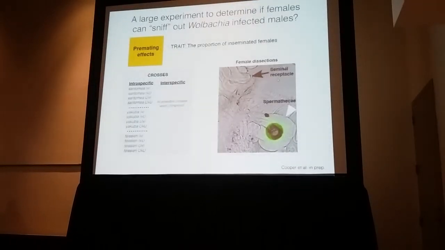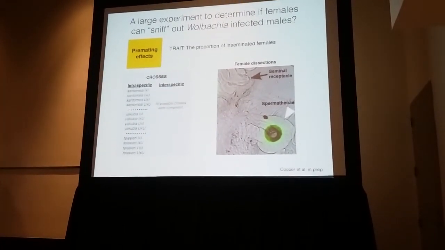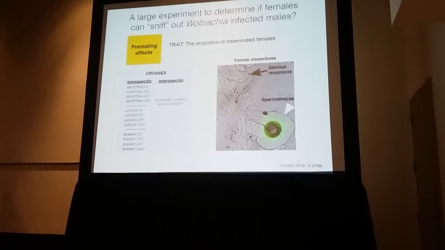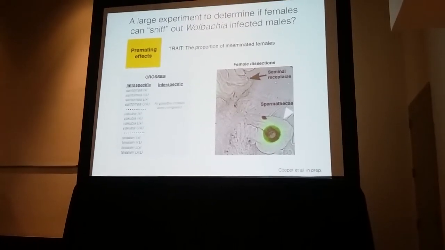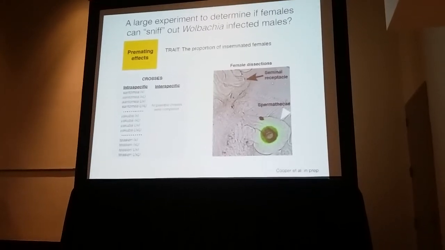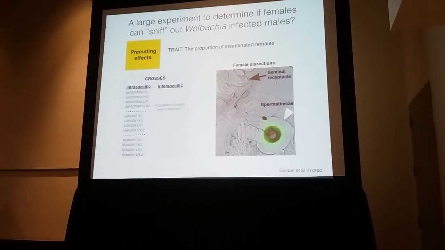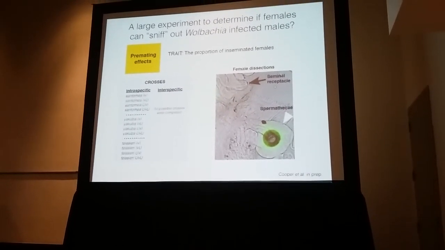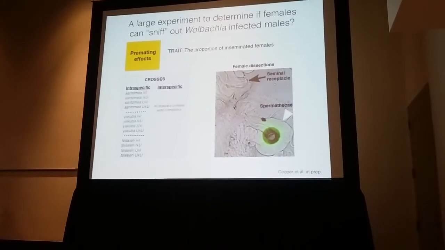between species? So I've shown you that there's this pervasive intraspecific and interspecific cytoplasmic incompatibility. So a question might be, okay, well maybe it doesn't matter. Maybe females can sort of sniff out an infected male. I'm an uninfected female, no, I'm not going to mate with an infected male, because if I do, I'm going to have a 20-25% reduction in egg hatch rates.